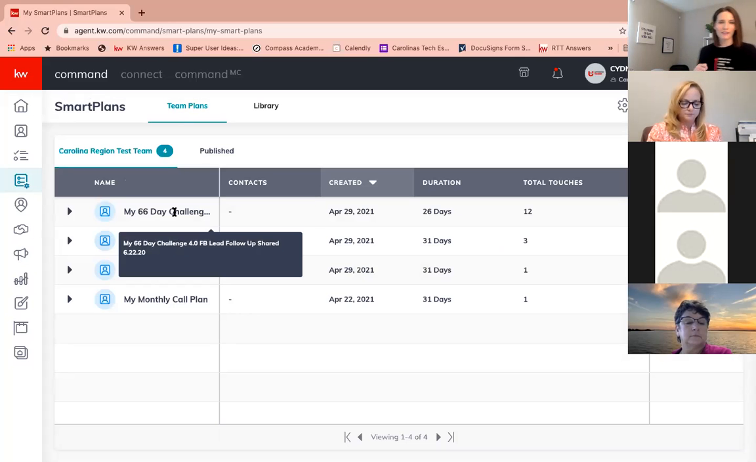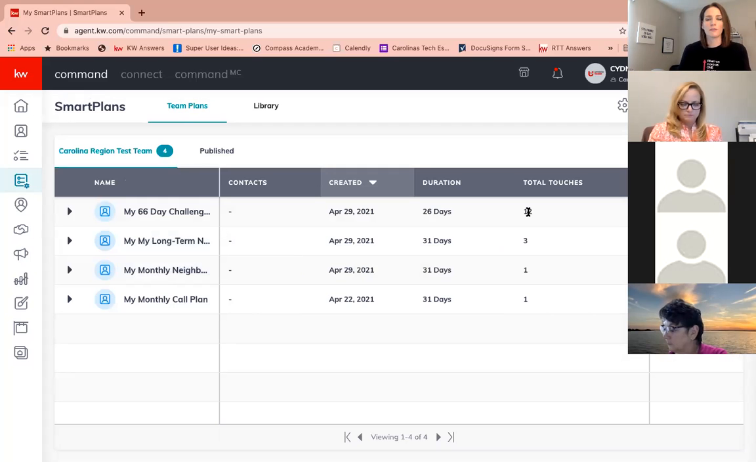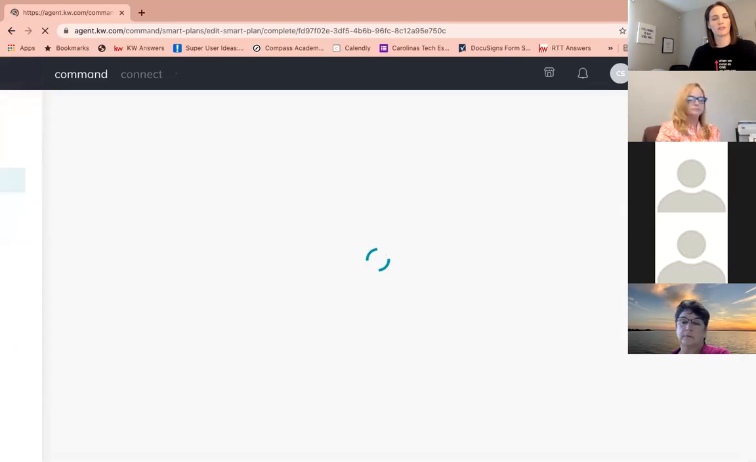Remember that when we're adding smart plans from the library, we're adding them as another agent might have used them. So before we actually add any contacts to the smart plan, we want to make sure that we've customized it if we want to, that we've taken a look at it. To do that, over here on the right, right in the middle under actions, I've got a little pencil that allows me to make any edits. So I just want to take a look at this smart plan and make any edits to it that I wish. So I'm going to click on that